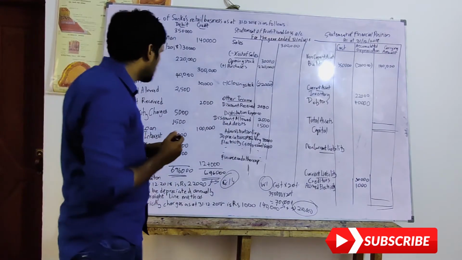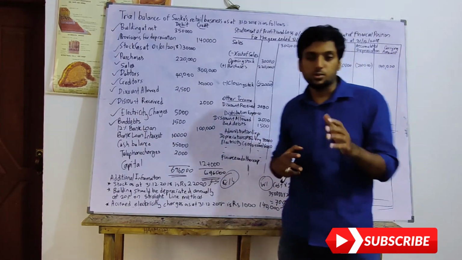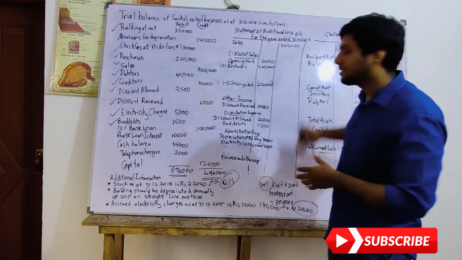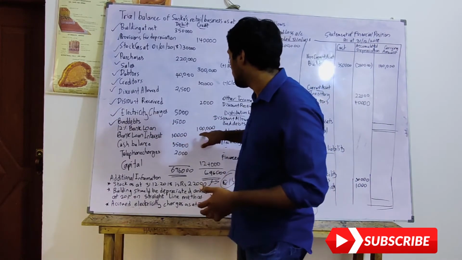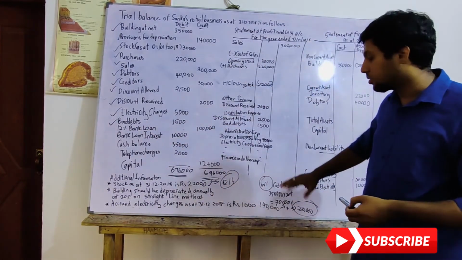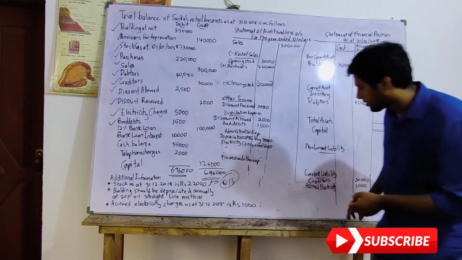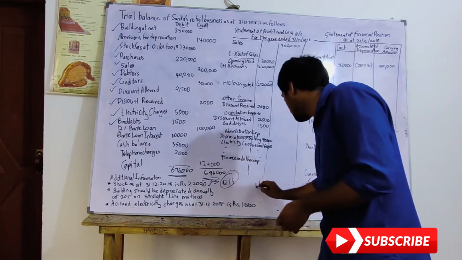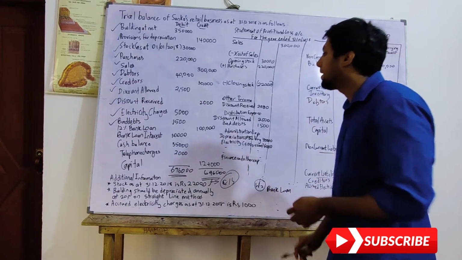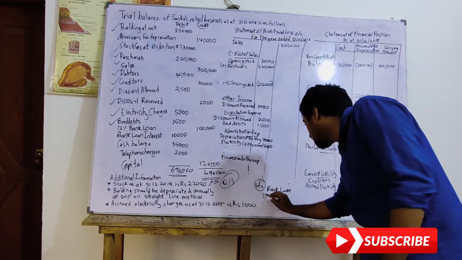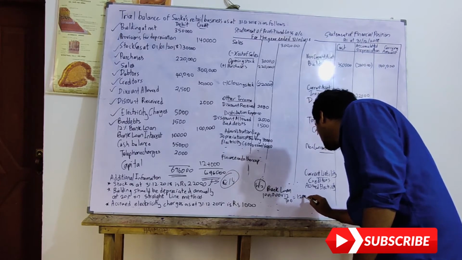Now at this point, which is the 12% bank loan, you should be very careful. This adjustment is very important in exams. Many students cannot make the sum balance because they don't know this adjustment. So please be very much concerned about this area. So the 12% bank loan is how much? 100,000. As I do not have some space, I'm going to remove this from here. Okay, so in working number 2, I'm going to use bank loan. Bank loan is 100,000. So 12% interest will be 100,000 into 12 over 100, which gives me 12,000 as interest.